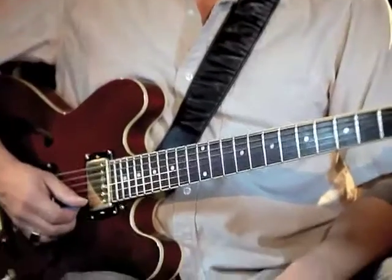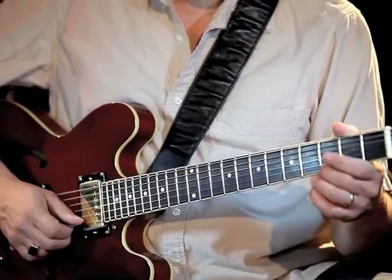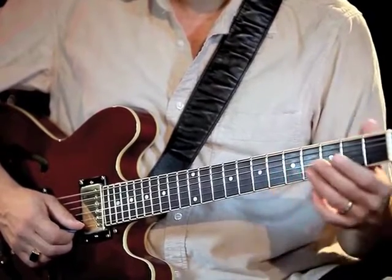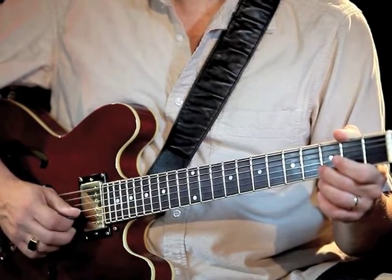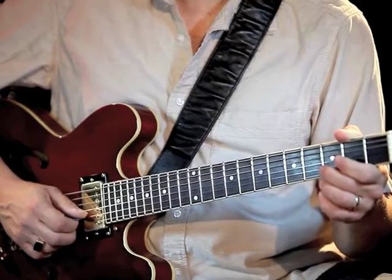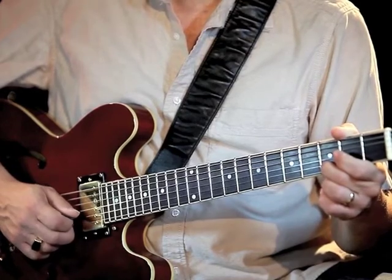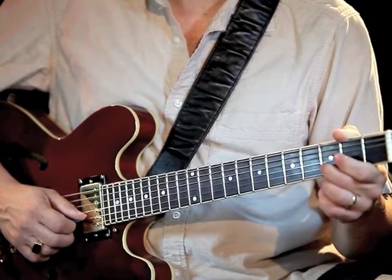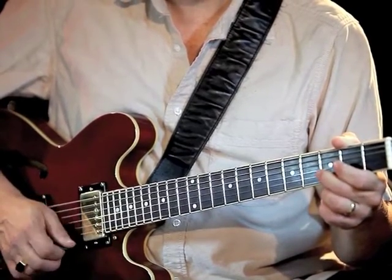So we're going to start off by using 4 notes. I'm going to start with the open high E string, adding to that the 3rd fret note, and I'm playing that with my middle finger right now, and that's for technical ease. So we're using those 2 notes, and then I'm going to go to the 2nd string and use the open string B and the 3rd fret D. So we have 4 notes. You could think of it like this, starting from open string B, O, 3, and then high E string, O,